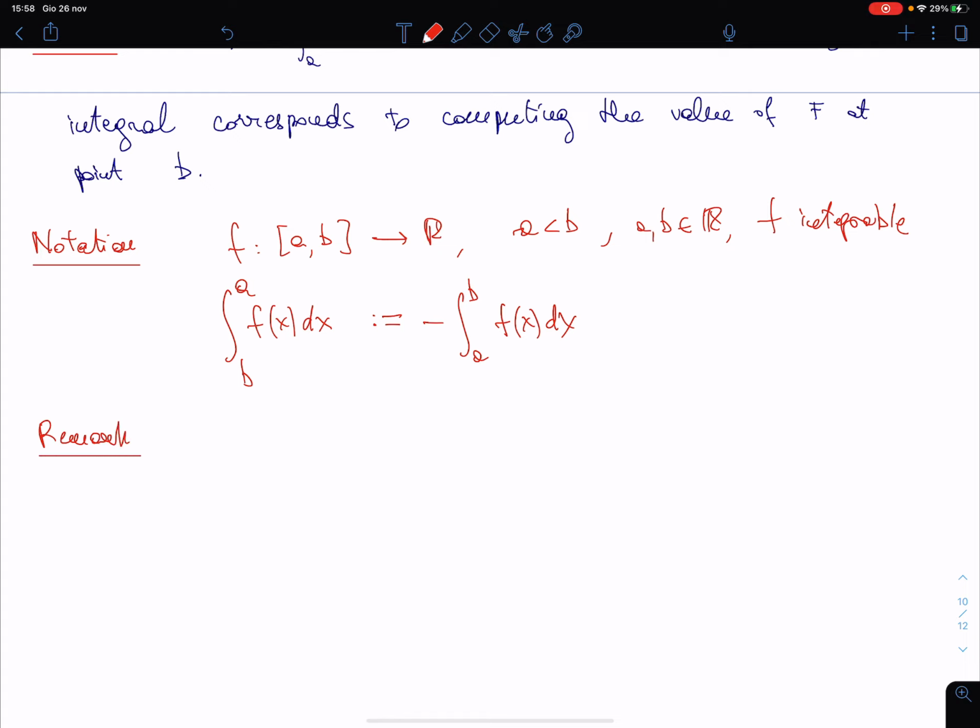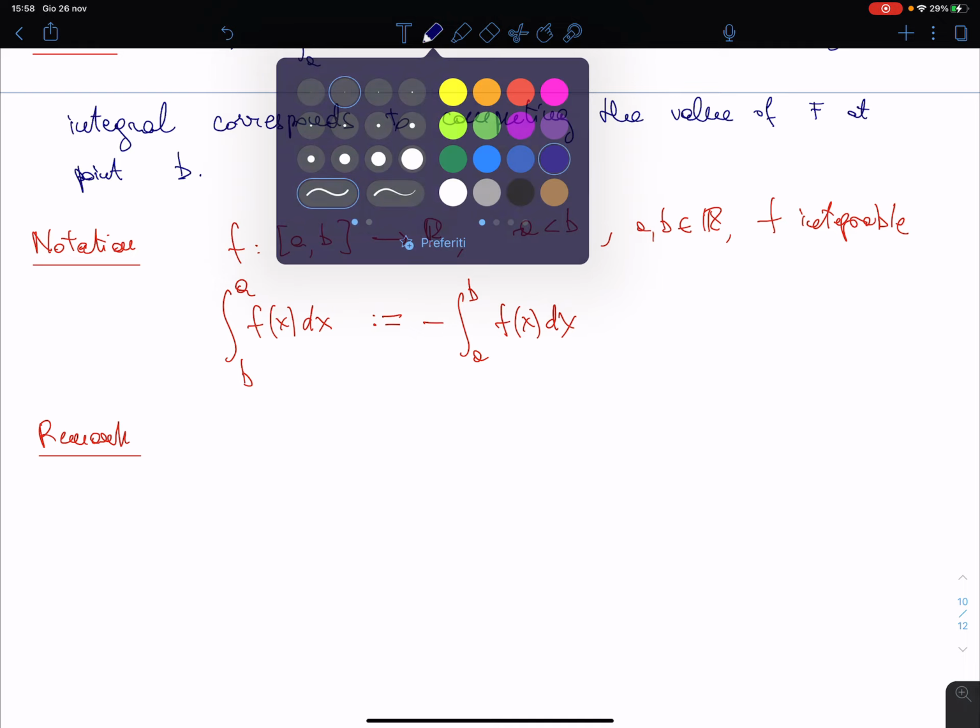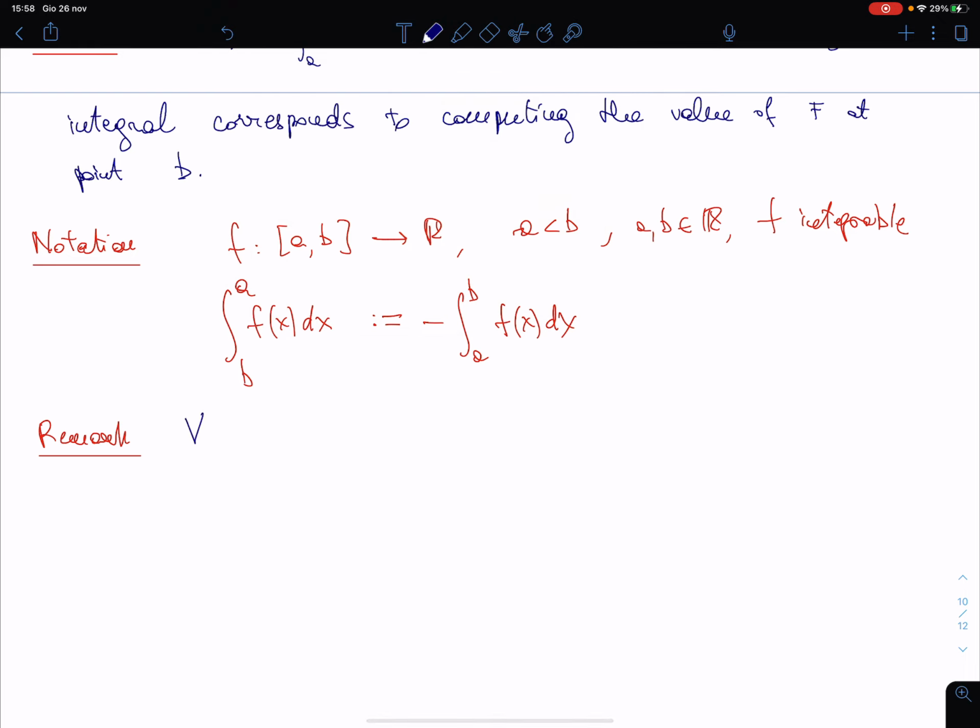Namely, that for every triplet of points a, b, c in R, irrespective of the ordering of a, b, c, which one is the largest, which one the smallest, which one of the three is the intermediate point, we have